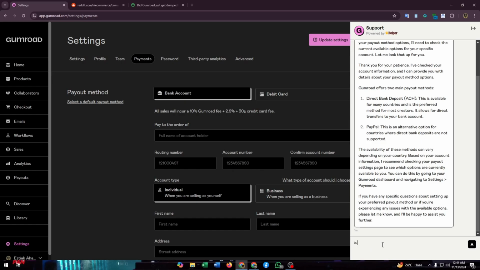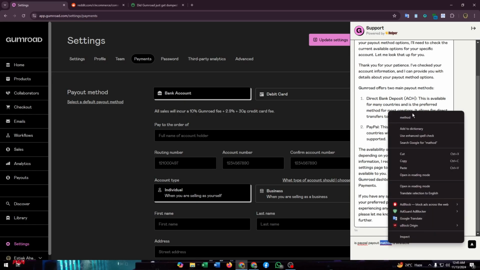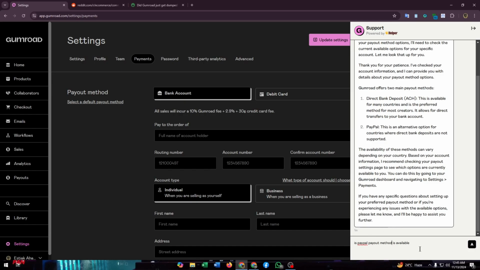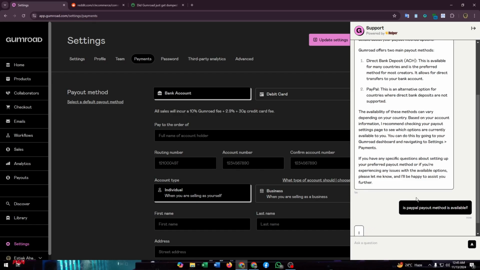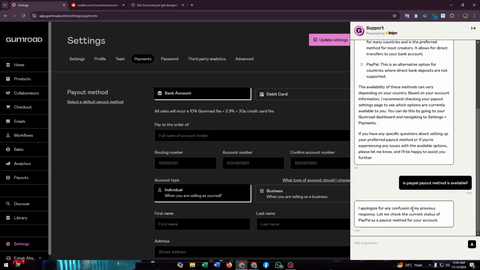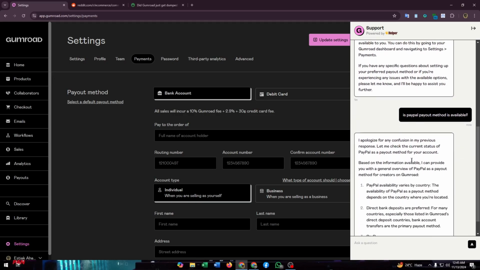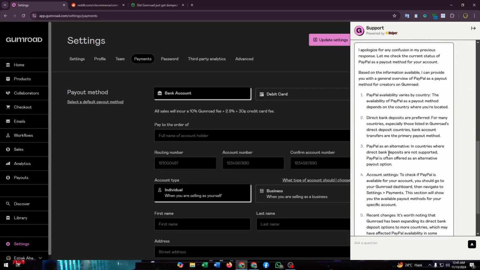for this. In many countries, PayPal is no longer available. So that means if you want to add your PayPal account on Gumroad, you just need to add this as an alternative, but you can only use PayPal as an alternative payout method when your country isn't supported by Gumroad for adding